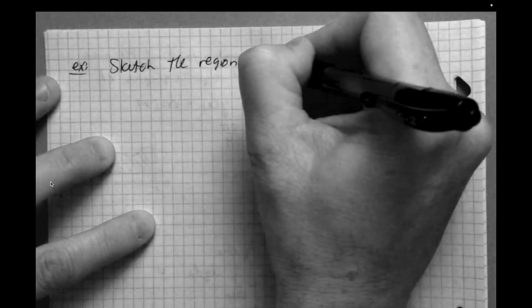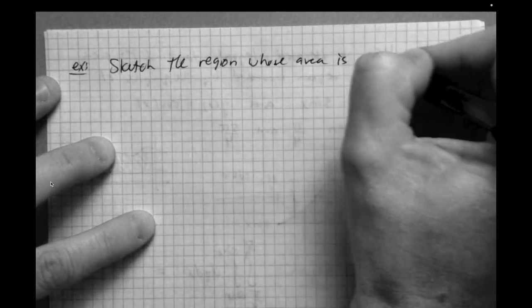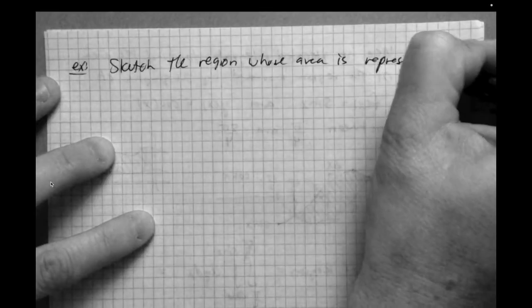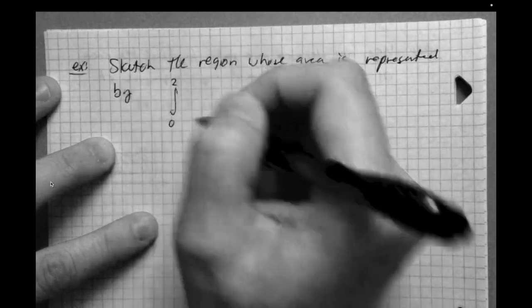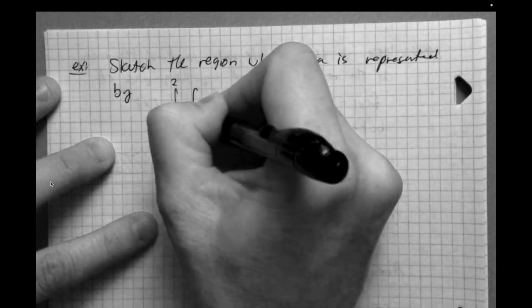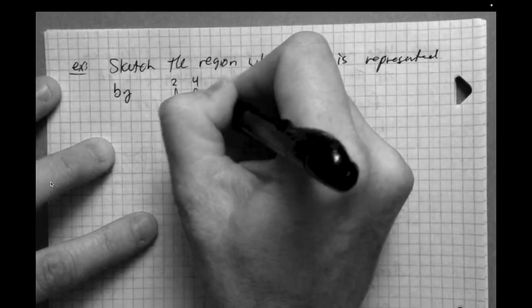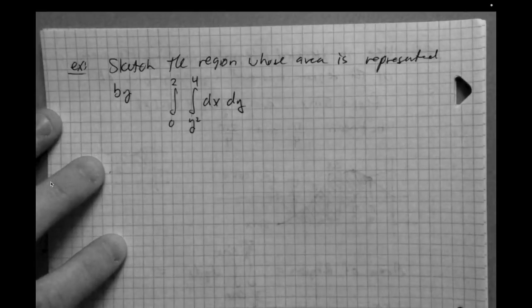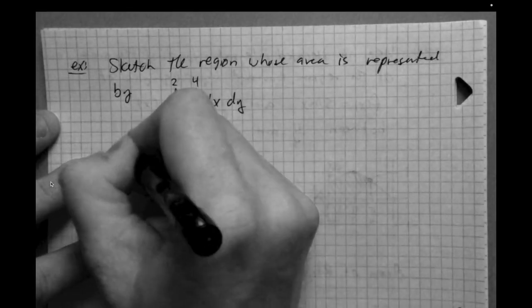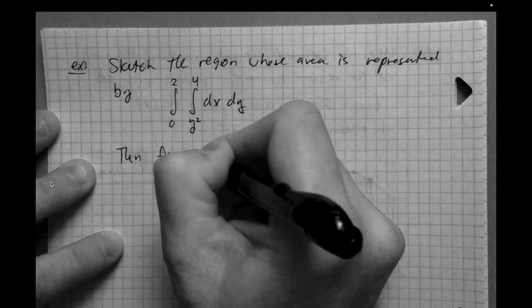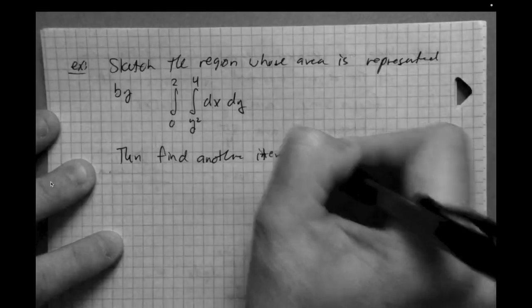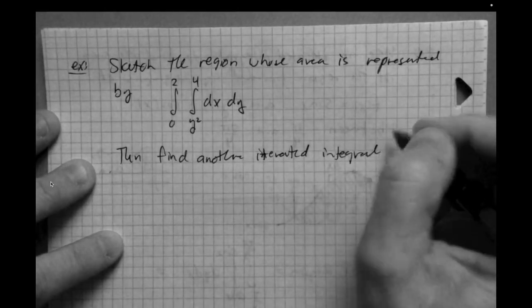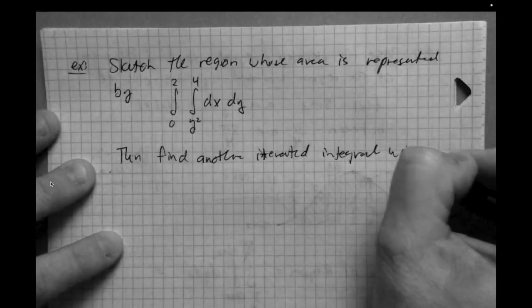whose area is represented by this integral from 0 up to 2, and then from y squared up to 4 dx dy. Okay, so first we'll start by sketching that region, and then let's find another iterated integral using the order